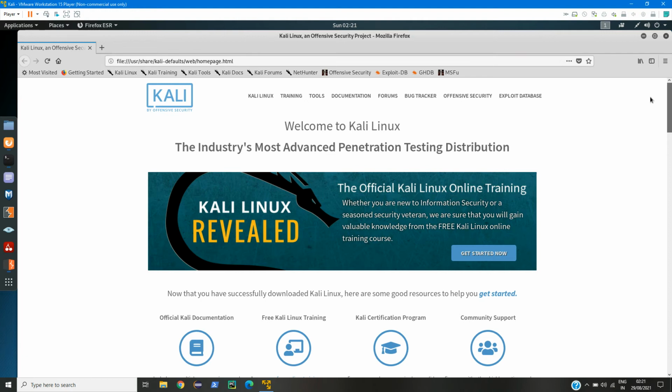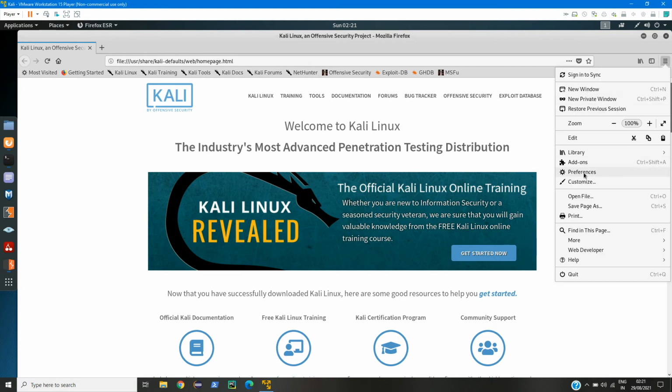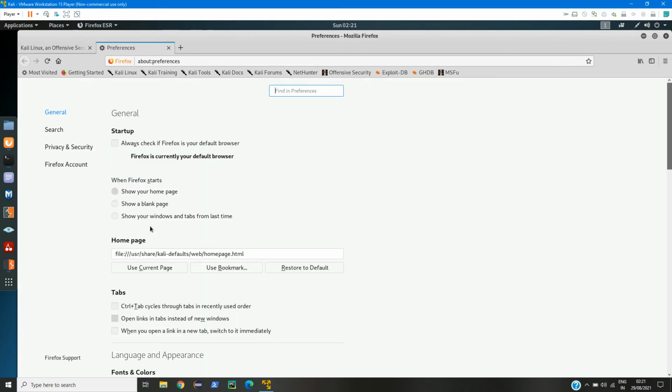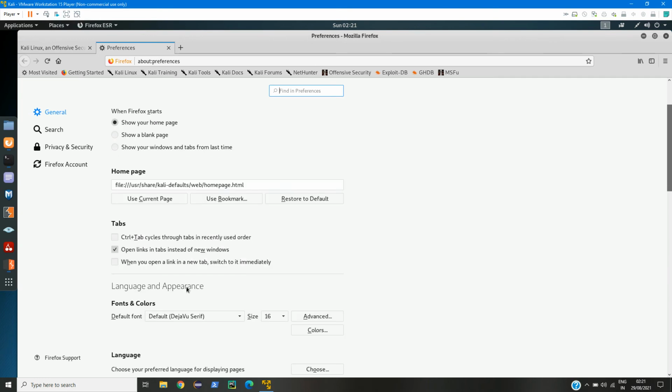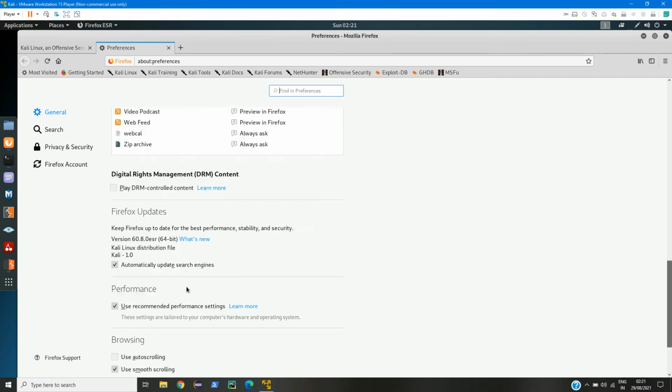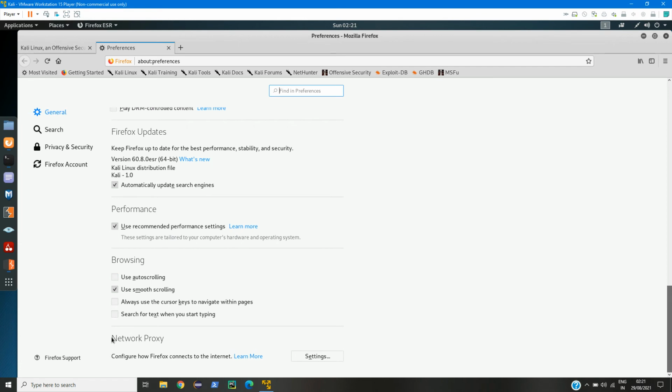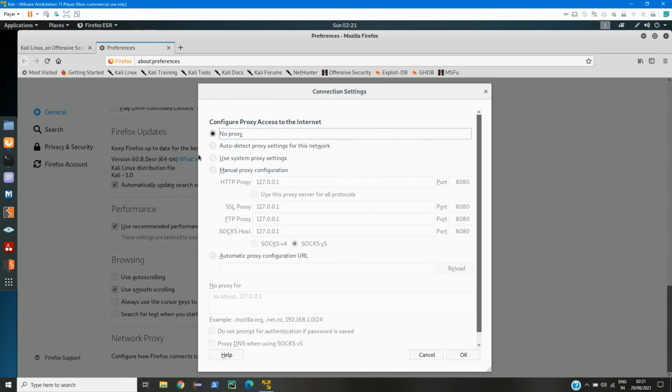Here we need to go to these three lines, then preferences. Now just go to the bottom, and here we can see network proxy. Go to settings, and then currently we have no proxy. To use the Burp Suite, we need to have a manual proxy, so that whatever data is transferring from our system to the website which we visit will go through the Burp Suite.